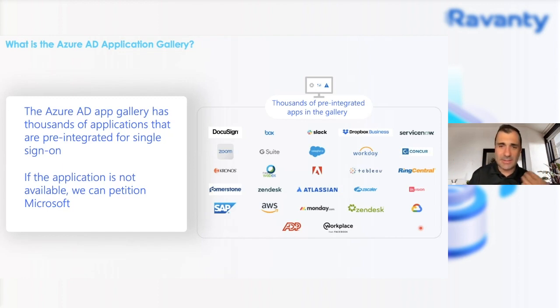So let's take Salesforce as an example. You add the Salesforce app directly, and there's a link in the documentation to exactly what URLs you have to configure within each of the apps. So you add the app directly, you set up the configuration and the different URLs for that app, and then you reach out to the app. You get the URLs from Azure AD and input them.